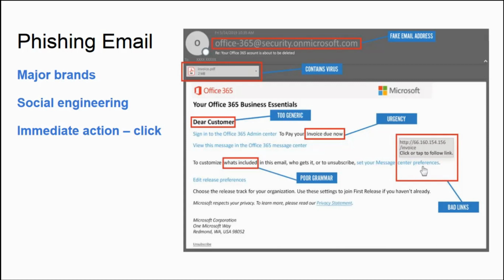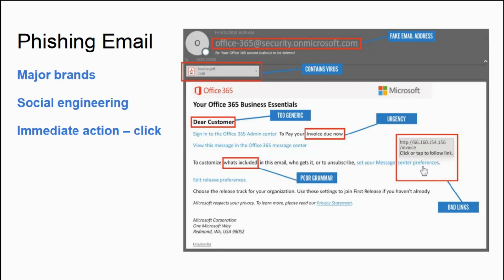There will be an element of social engineering in the email, such as: if you don't rectify your account, it will be disabled within 24 hours. A lot of users are customers of major brands, and therefore the social engineering aspect tricks them into taking immediate action and clicking on the phishing link included in the mail.